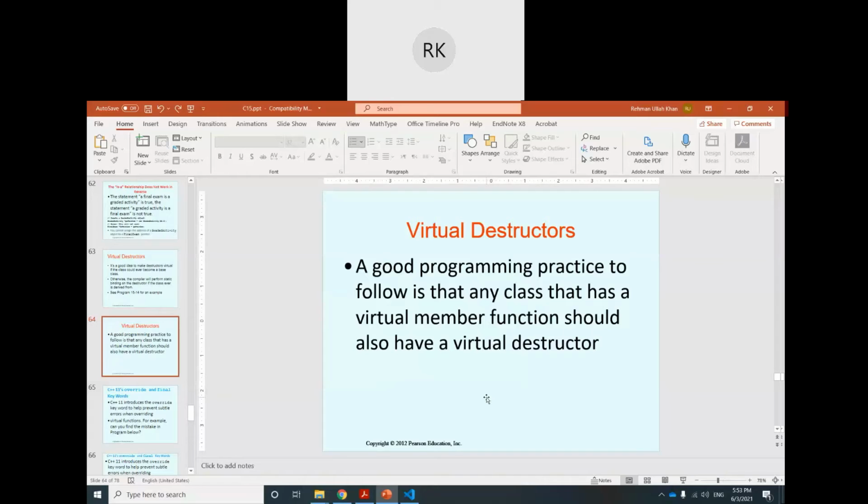If there is any virtual member function, meaning you want some polymorphic behavior, then to a parent class pointer there is a possibility that we will assign a child class object. So if you are assigning a child class object to a parent class pointer, then the destructor must be virtual. Otherwise, child class objects will not be cleaned from memory.